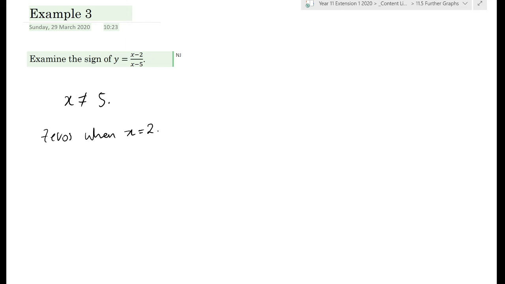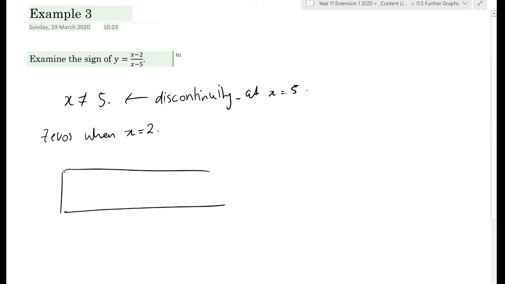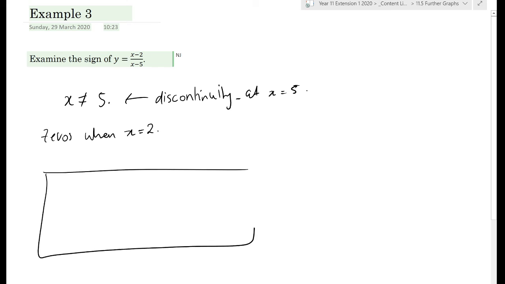So discontinuity at x is equal to 5, so x can't be equal to 5, and 0 is when x is equal to 2. So when we go to do our table of signs for this one,